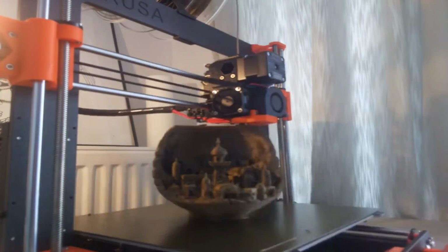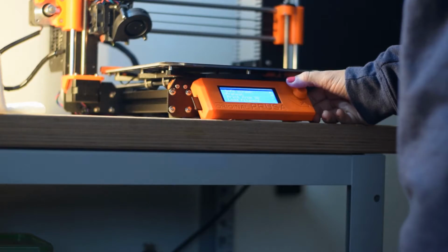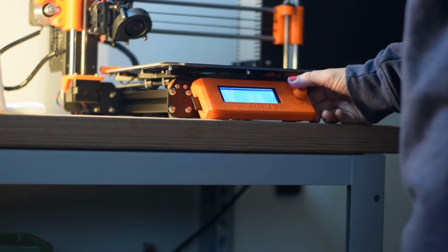What do you know about 3D printing? In this video, we'll see an introduction to 3D printing for beginners. Stay tuned! 3D printing refers to a variety of processes in which a computer-operated machine creates three-dimensional objects by joining